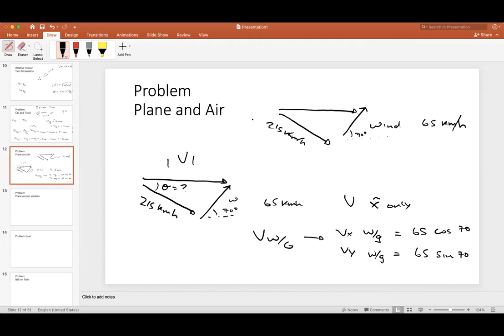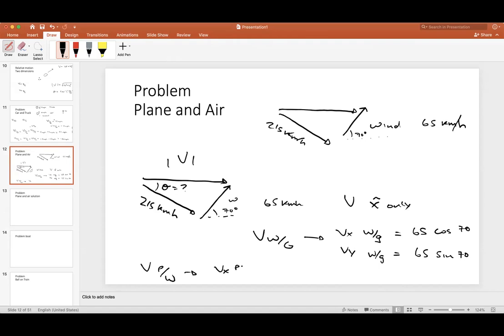Similarly, let's call this the plane versus the wind. He's flying at 215 kilometers per hour relative to the wind. So the velocity of the plane versus the wind is